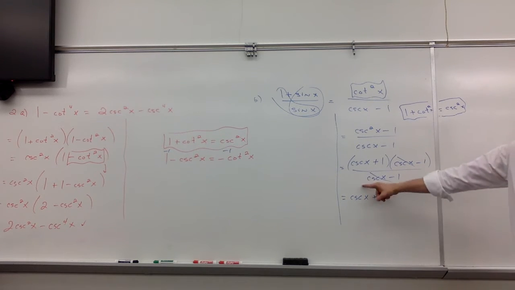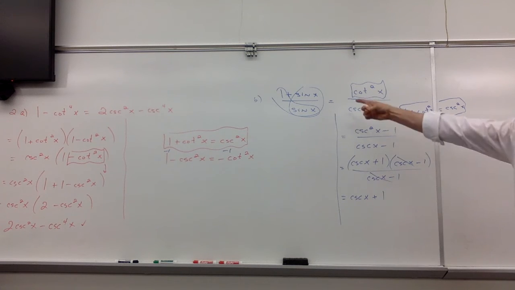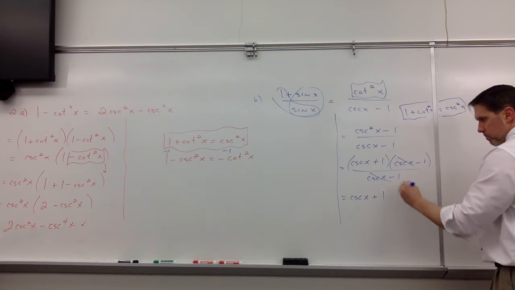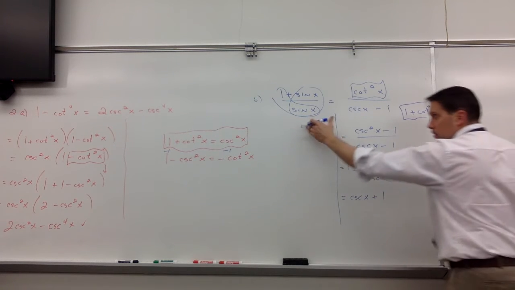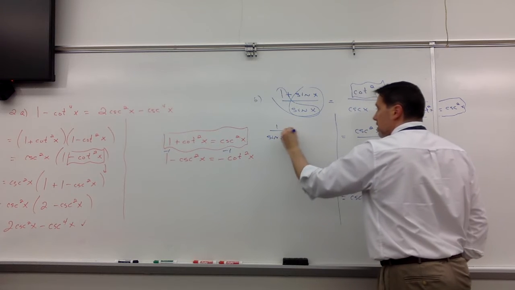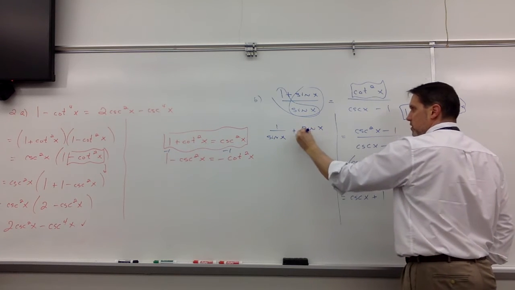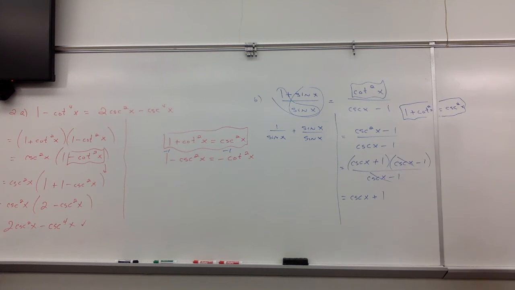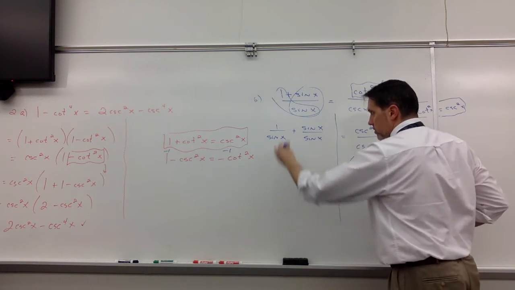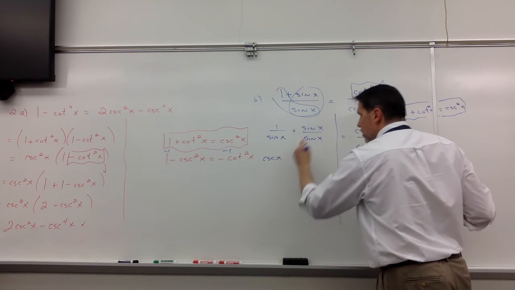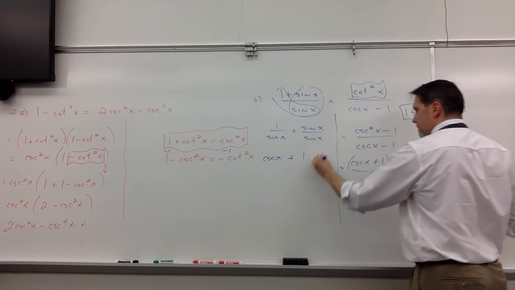Now, we could write this as 1 over sine, get common denominators, and produce this. But I'm thinking, why don't we just stop here with this right side and work with the left side, do the heart method like we were originally thinking. This is a little bit easier path, I think. Right? So we don't have to get common denominators. We're actually separating these into two fractions. 1 over sine, well, that's cosecant. Sine over sine, well, that's 1, and that